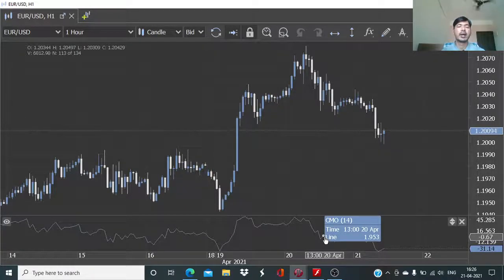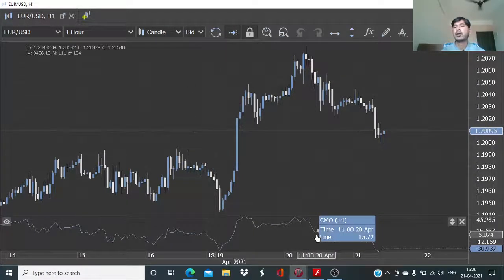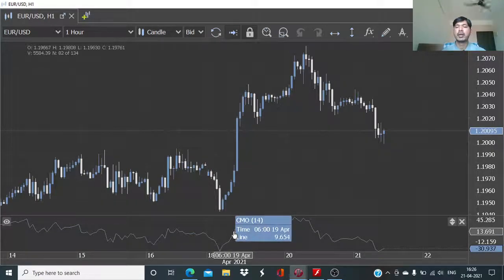And maybe if the indicator was in play, it would have done the same. So in this case, the sell trade would have been executed when we had this drop for the CMO value below 0 from above 0. That would have been the point of entry for the sell trade. In today's session, the focus is on building the blocks for the buy side. So whenever we will see that the CMO value is jumping above 0 from below 0, the buy trade will be placed. The order for the buy trade will be placed,